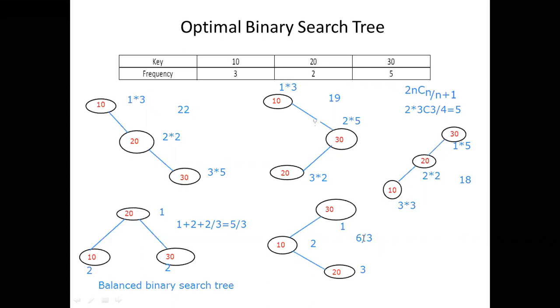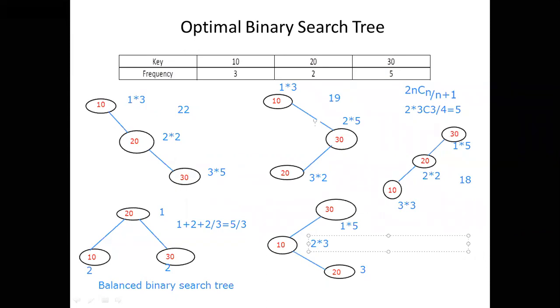Next one, this particular tree, I will remove this value, right? 30, how many times do I have to compare? 5 times. Here it is given. That is why 1 into 5, I already explained. 20 is compared 2 times. Sorry, it is 10. 10 is compared. For 1 time it is 2. How many times do we have to compare 10? 3 times. That is why 2 into 3.